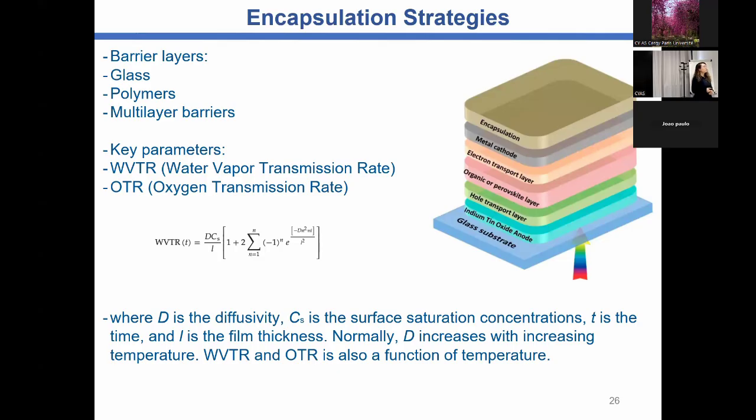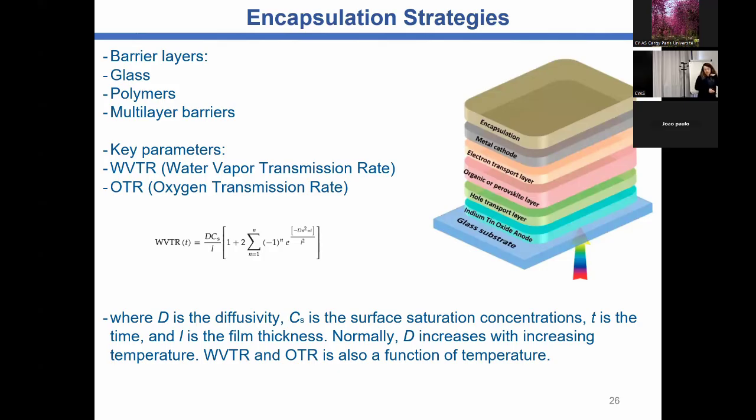They can be polymers if they are flexible. The polymers, they have different kinds of polymers to work as barrier. And also there are some multi-layer barriers, because we must deal with the water, the oxygen, and also block the UV degradation. So the barrier property must have this important characteristic,